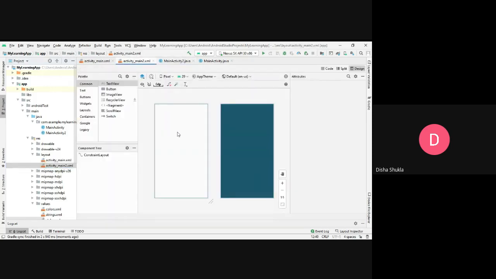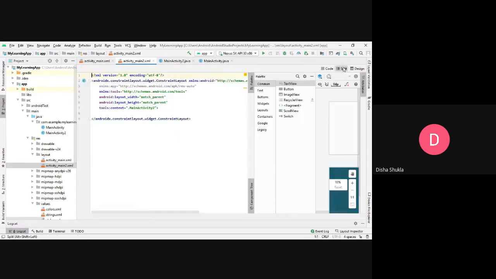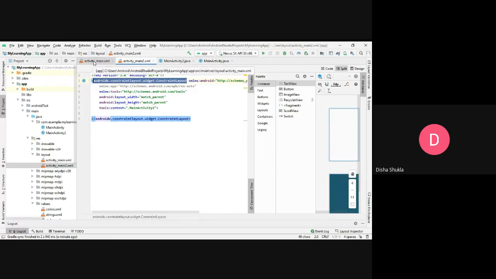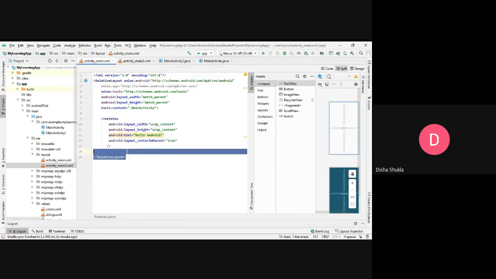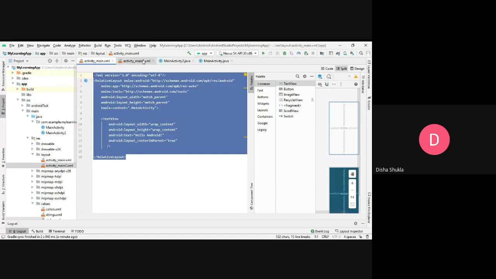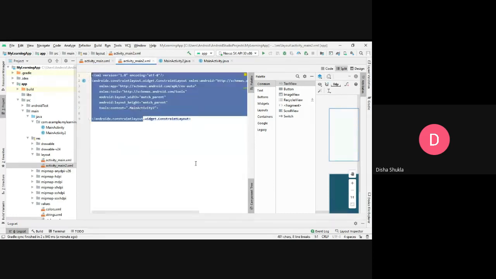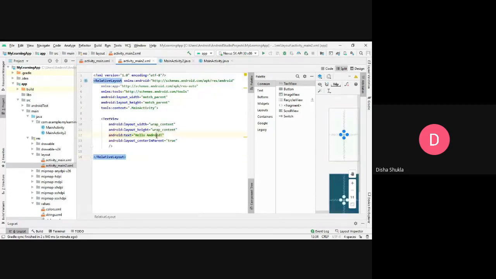This is the activity underscore main 2. Now activity underscore main 2 was an empty class because we didn't use anything in it. I mean, we have just used an empty activity. So for right now, I'm just going to put another text view over here. I'm just taking this content and putting it here because I'm using the same thing. I just want to change the text. So from hello Android, I am just going to change this to hello second activity.